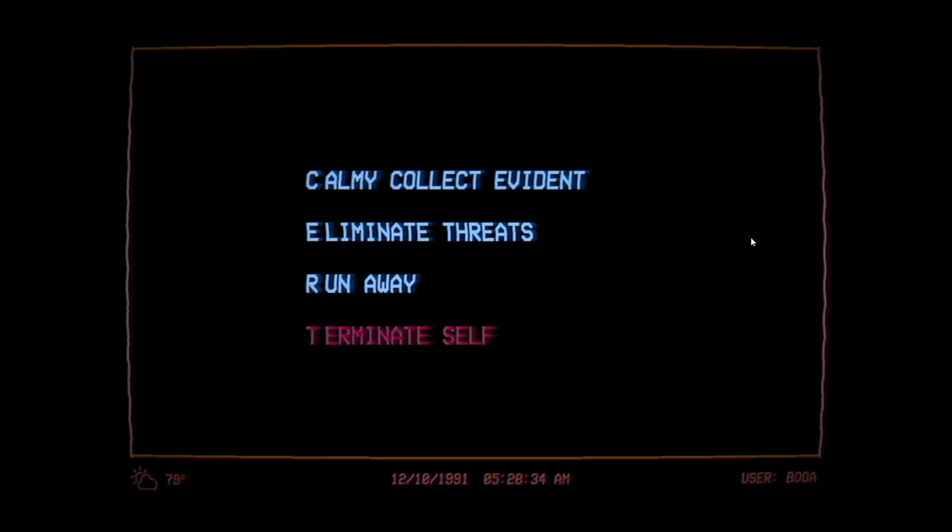First, of course, is data collection, as research remains the top priority of ERD. Second, eliminate the threat, unless such entity is on the preservation list. A dead entity can be studied, a dead agent cannot. If fighting back is futile, agents should run. If running is futile, agents should terminate themselves. Let us look at an example, where an agent didn't follow the principles of SEARCH.